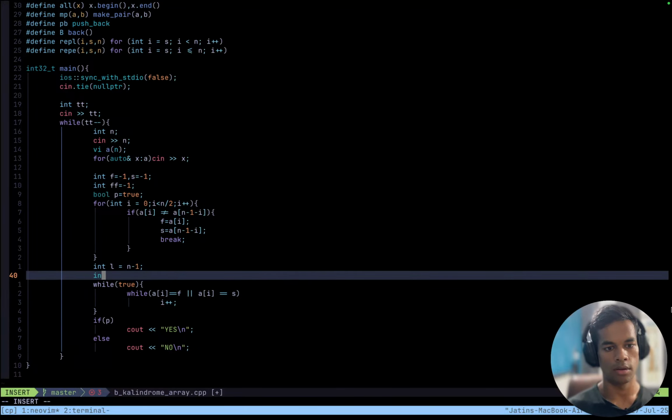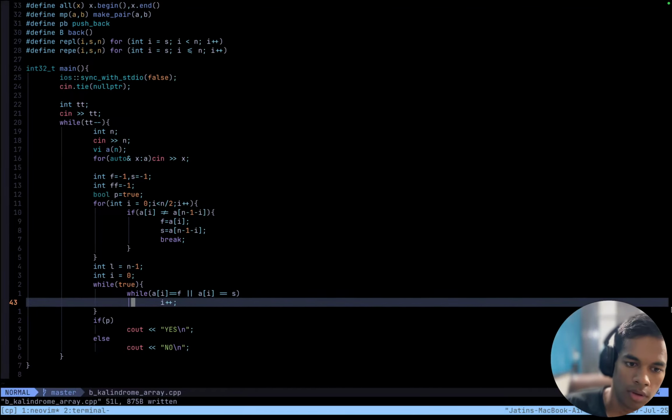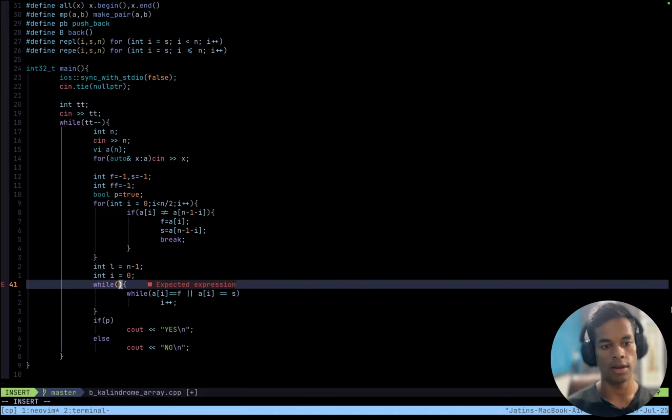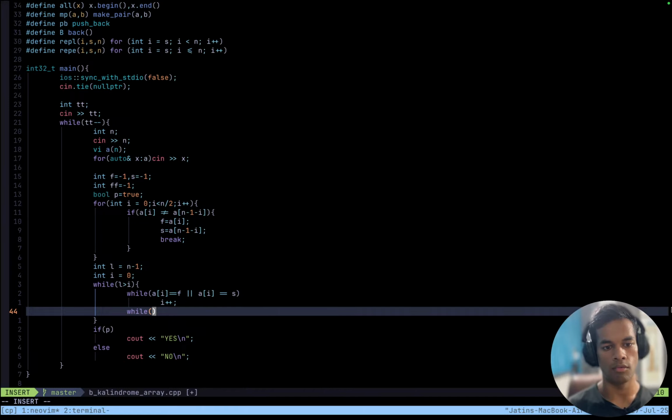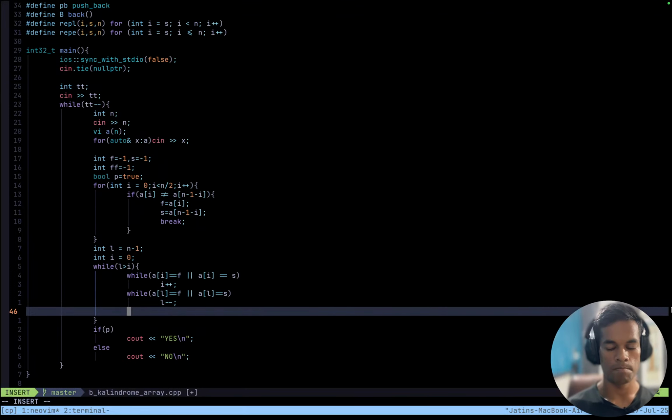Right, and int i equals 0. So I do this, find the latest, yeah, while l greater than i, and then while a[l] equals f or a[l] equals s, l minus minus. After that, I also have p, right?